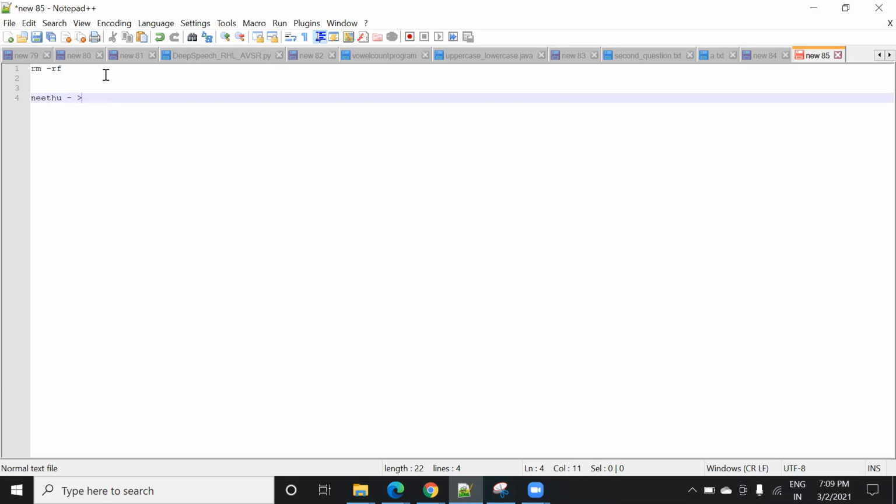What are the files? Suppose a.txt, b.txt, c.txt. So it has some files. When you delete it, it will prompt you that this folder has some files. Let me show you.